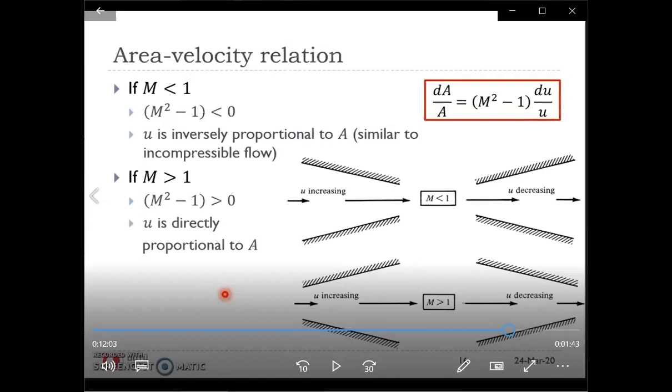far away from the body, let's say an undisturbed streamline which is straight, what happens is the streamline up above is straight, but the ramp, the solid boundary, is not straight. There's a ramp. Basically, the turning of the ramp changes the area squeezed in between the faraway streamline and the solid body. A ramp moving up basically reduces the area. So that area reduction, and since we are dealing with supersonic flows, area reduction must cause a reduction also in velocity. Regarding this area velocity relation here,